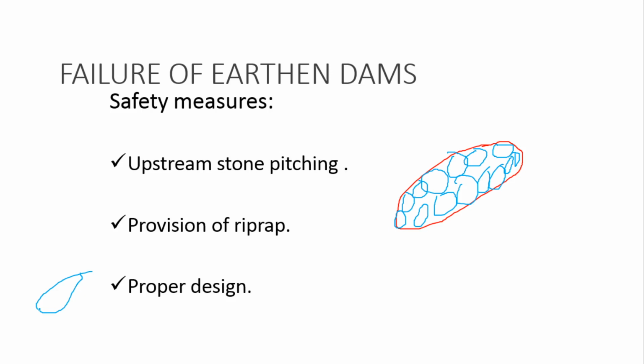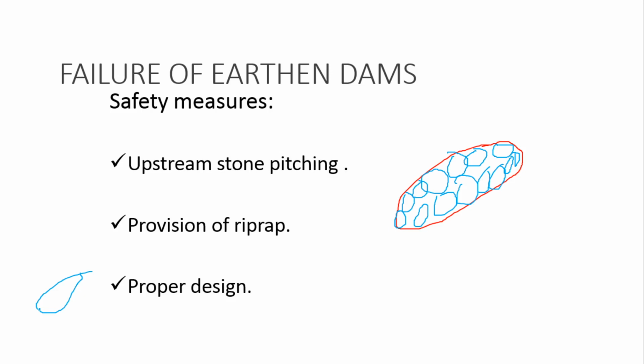Here, provision of riprap is nothing but, suppose, whatever gaps are there, suppose wind action is there. Due to this wind action and everything, what will happen? It will control our upstream portion. It will control this wind action and wind force. Generally, we will see maximum bearing capacity. These all we will provide. Same like that, we will provide maximum riprap here also. Generally, riprap we can say is against wave actions.